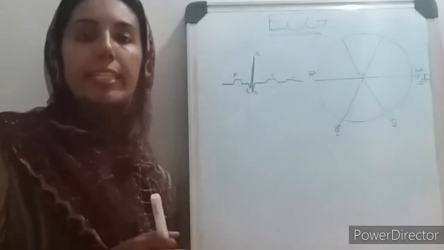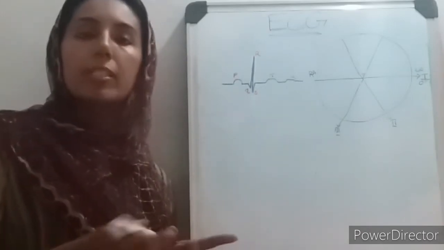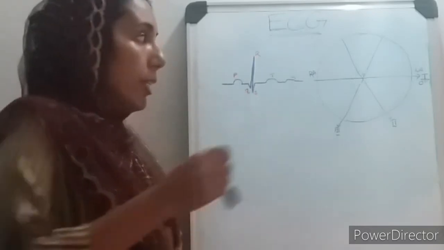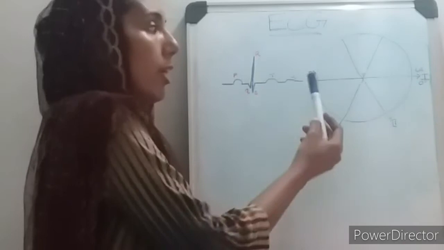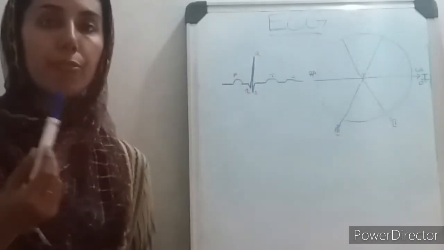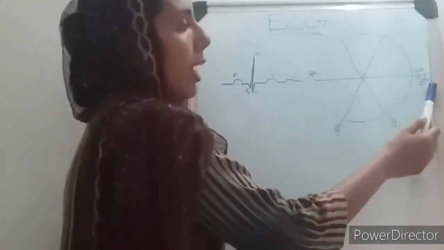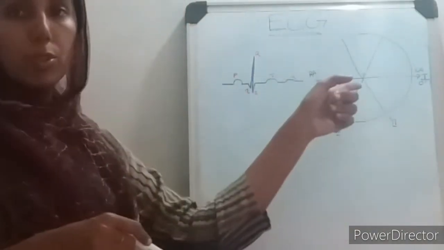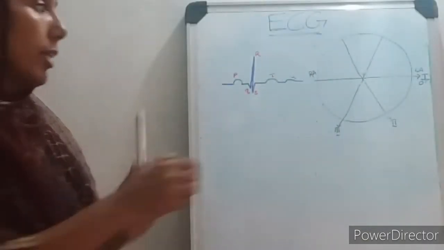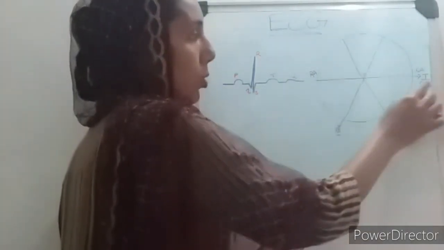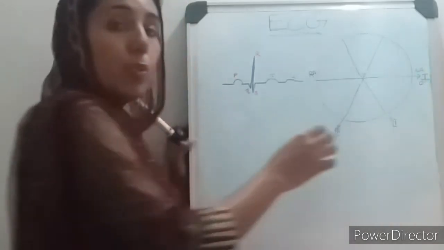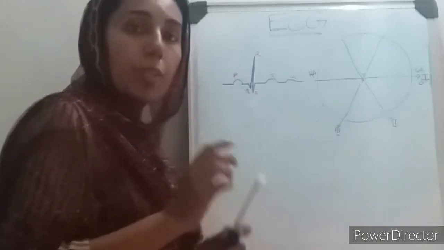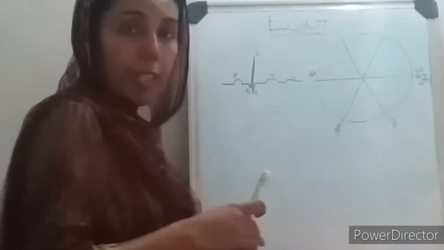Now let us discuss the leads of the ECG. We have already discussed a bit in the previous section. We have chest leads and we also have limb leads. The limb leads are 1, 2 and 3. Limb lead 1 is from the right arm to the left arm, so the arrow is like this, and this is taken as 0. If you take a hexaxial system, if we draw the system like this to know the axis, from RA to LA it is lead 1, then lead 2 and lead 3. The lead 2 and lead 3 are also inferior leads.